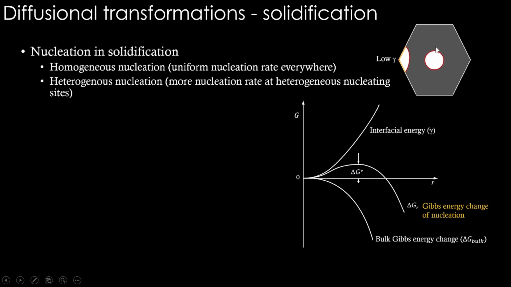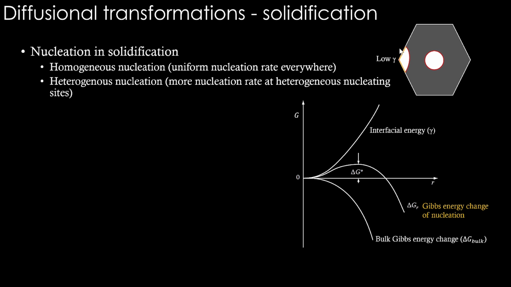Whereas this one here, this is forming near this boundary. This boundary is a heterogeneous nucleating site. Why? Because it is giving a low interfacial energy. The reason why this is not red but yellow is because there is a lower interfacial energy at these boundaries, because it's a solid-solid interface, not a solid-liquid interface, and these two solids have such matching that the interfacial energy is lower there. So rather than forming a nuclei like this with so much of interfacial energy, which is a barrier, this kind of nuclei formation can minimize that.